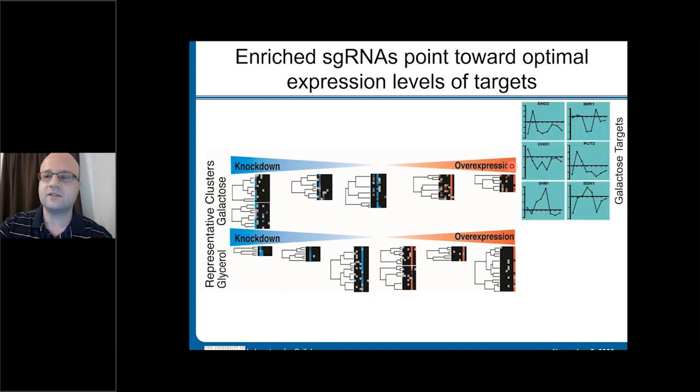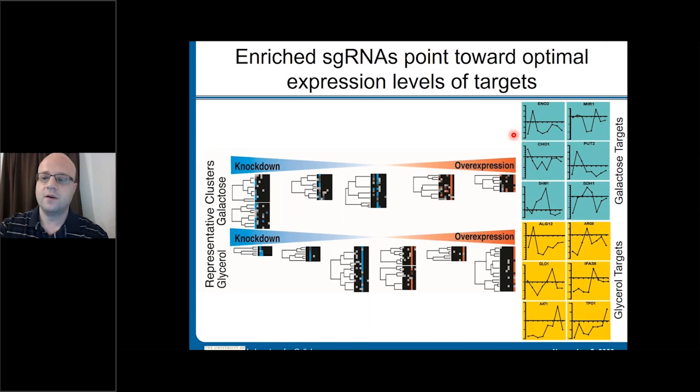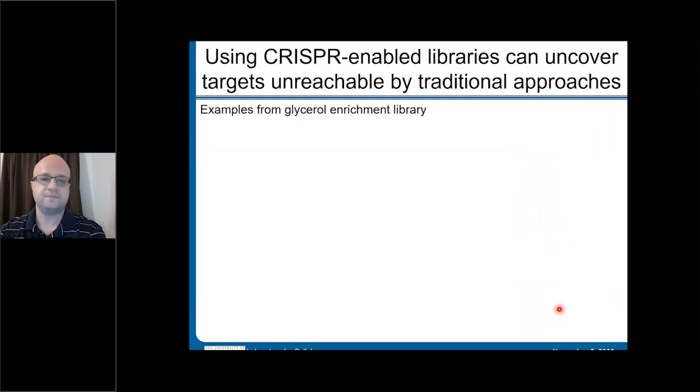And we can see this with both the levels and targets that we get for both galactose and glycerol. So we can see that there are points of optimality where the gene expression was somewhere in the middle that we wanted. And then there's also points of optimality towards either the low end of knockdown or overexpression. But nevertheless, there was usually a peak. There was an optimum level of expression of a pathway enzyme for our targets.